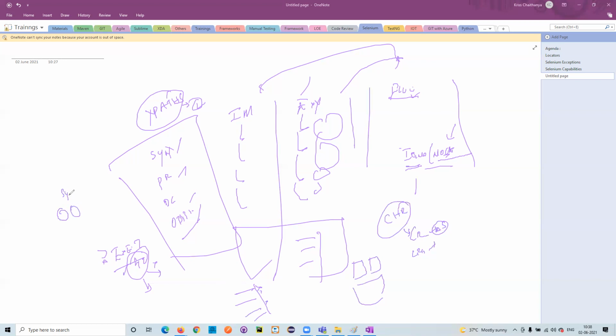But what we are doing with the synchronous waits is trying to handle the application's slowness, which is wrong. If you are using Thread.sleep, you are trying to handle the performance of the application. You shouldn't do that. A bug is a bug, right? You shouldn't handle the bug, right?